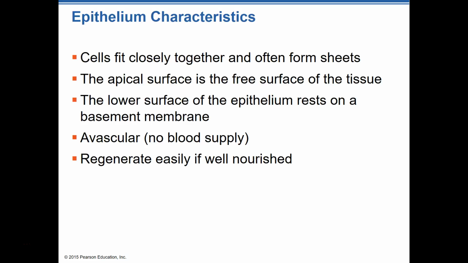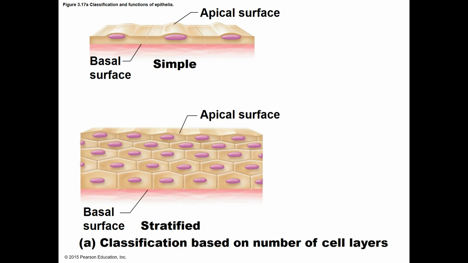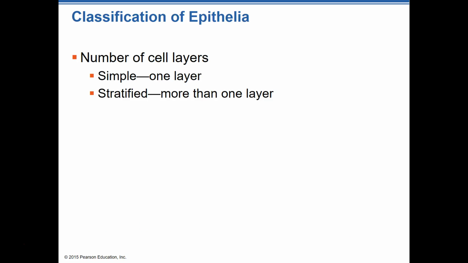With epithelial cells, the characteristics of them is they fit really close together, and they often form sheets like layers in our skin, fit tightly together, water barrier, that kind of stuff. So when we look at that, we can see them here. Here's an example of those right there. Okay?